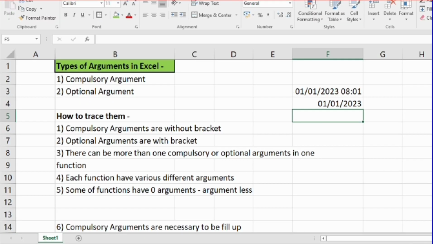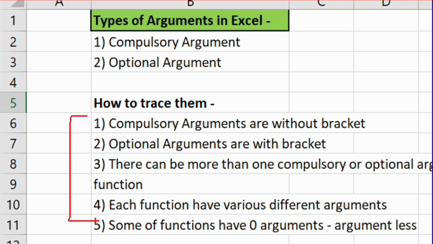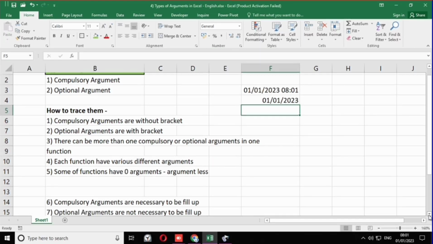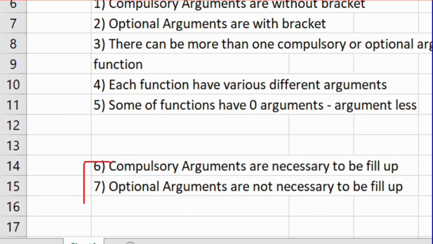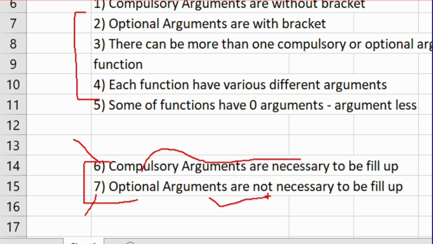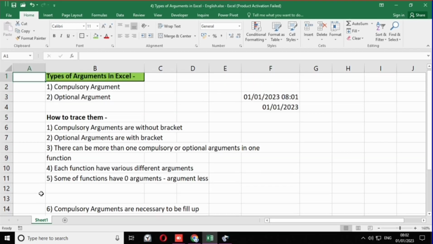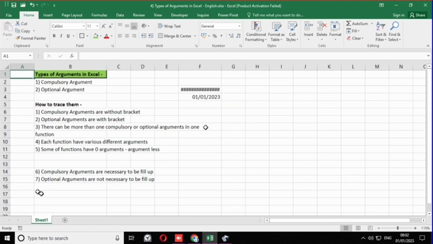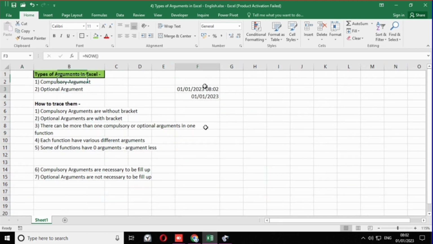So these are the 5 basic rules and 6 and 7 are 2 more logical rules. The 5 are basic rules about the functions, their qualities and their types, and 6 and 7 are the logical rules about the arguments of any function. Okay, so these are the details about their arguments, and I think we need to see the logic